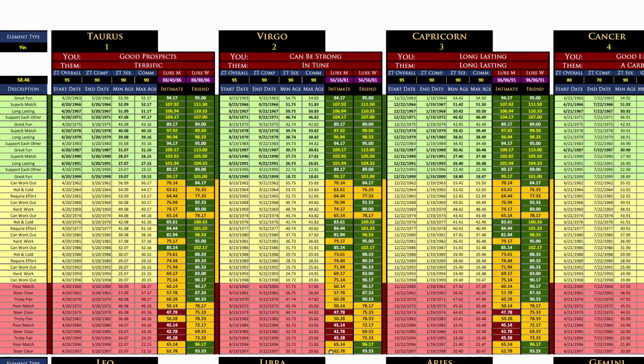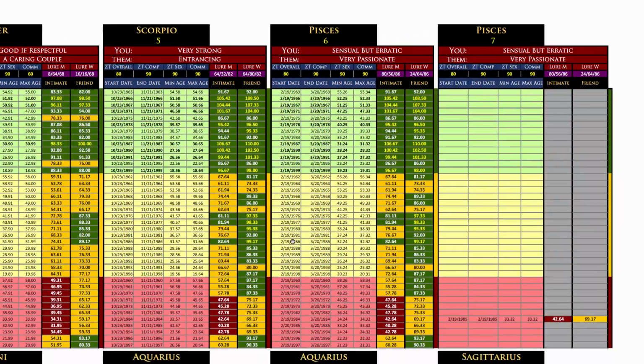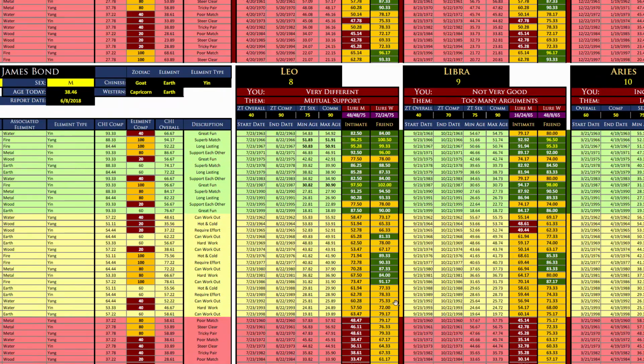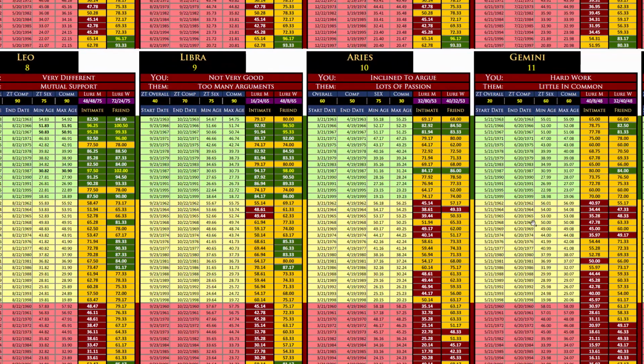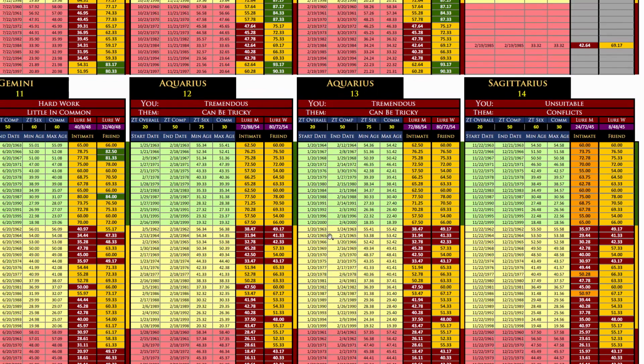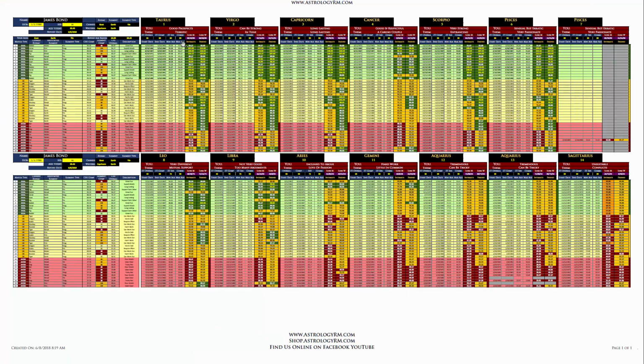If you see here, Taurus, Virgo, Capricorn, Cancer, there's a total of about 7 columns here. And then down here, again, it continues with 8, 9, 10, 11, 12, 13, and 14. Okay, so there's 14 different signs. And the reason why there's 14, even though realistically on the Western zodiac there's a total of 12 signs,